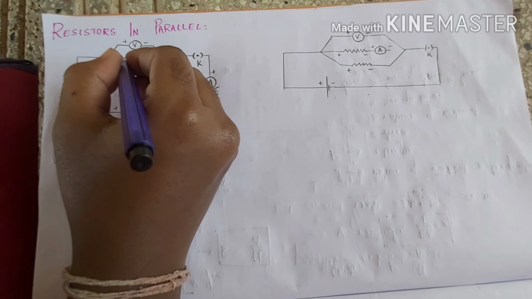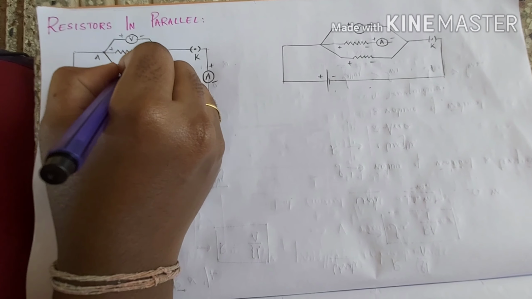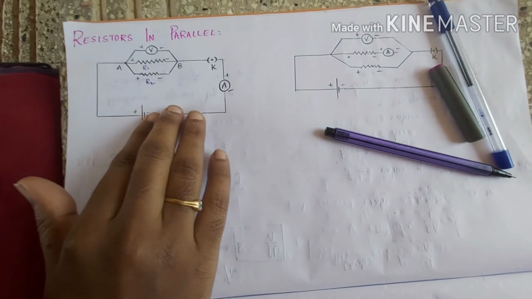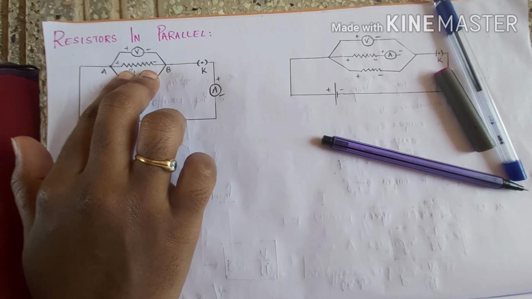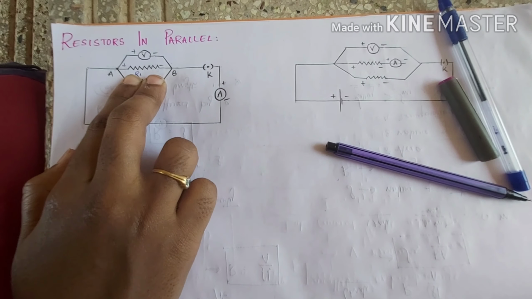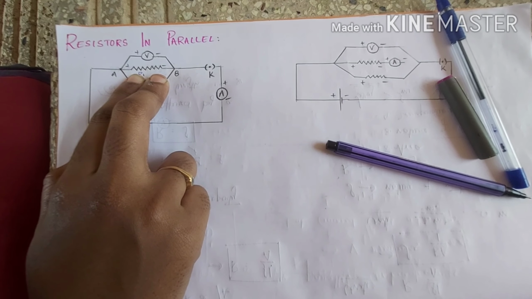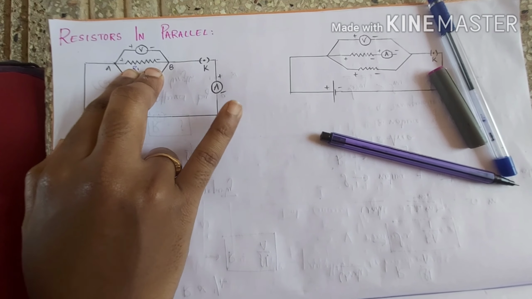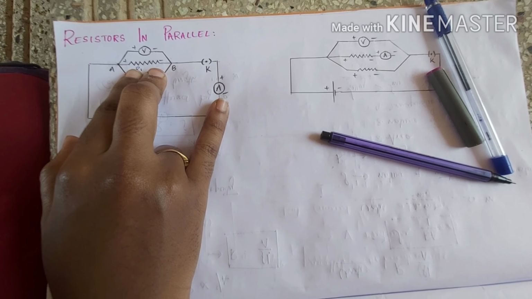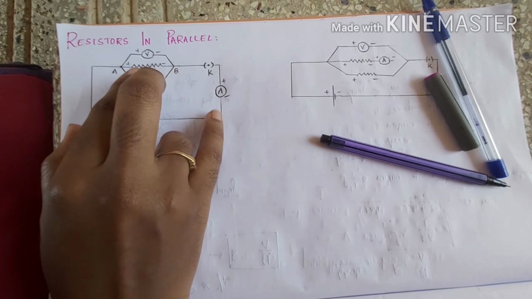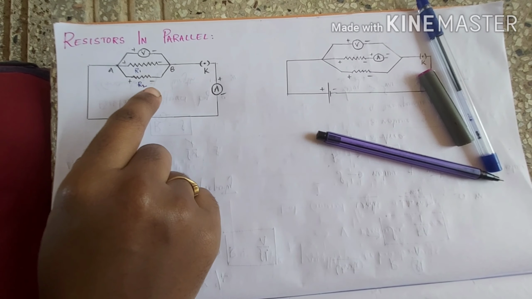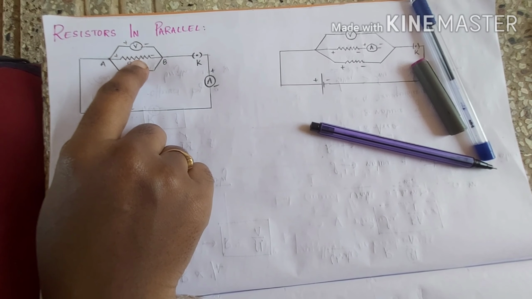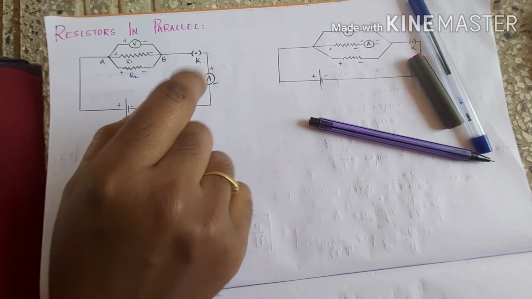So here I have used two resistors of resistance R1 and resistance R2, and a voltmeter. Now see the case when I don't have the second resistor. In this entire circuit I have only one resistor, so the voltmeter reading will give the voltage across resistor 1, and the ammeter is used to measure the current. Now if I place the second resistor in the circuit, the voltage value will remain the same, but the ammeter reading will change.